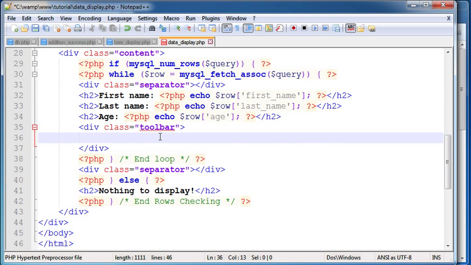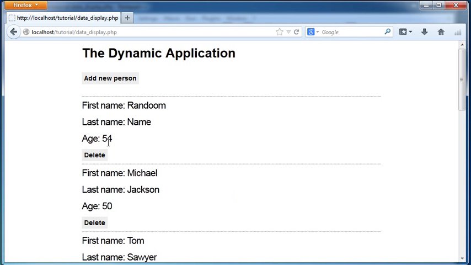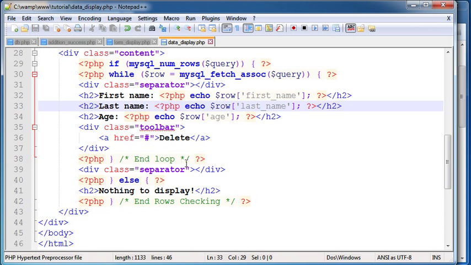Now I'm gonna go ahead and create a link here. I'm gonna say delete, save here, and reload, and you can see here that we have this link delete here, and right now it doesn't do anything. We haven't added the functionality yet. This is just the HTML. I'm gonna go ahead and